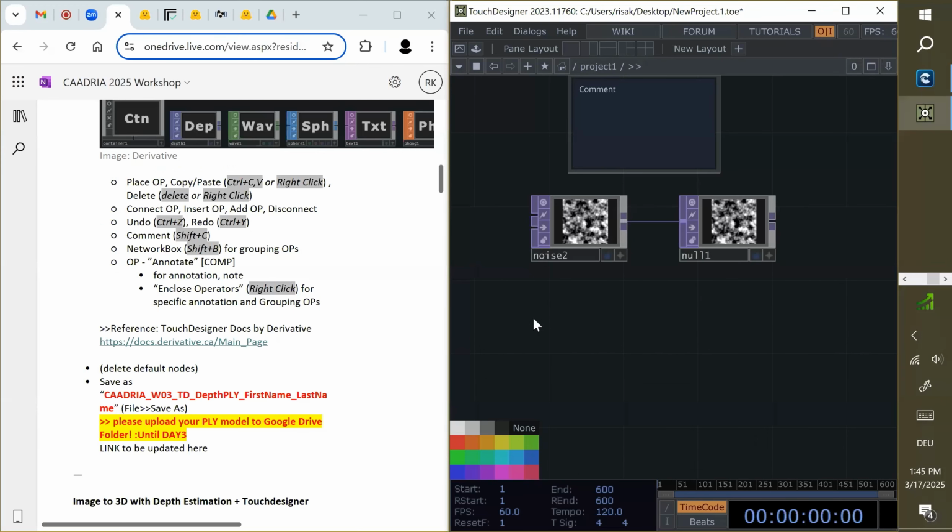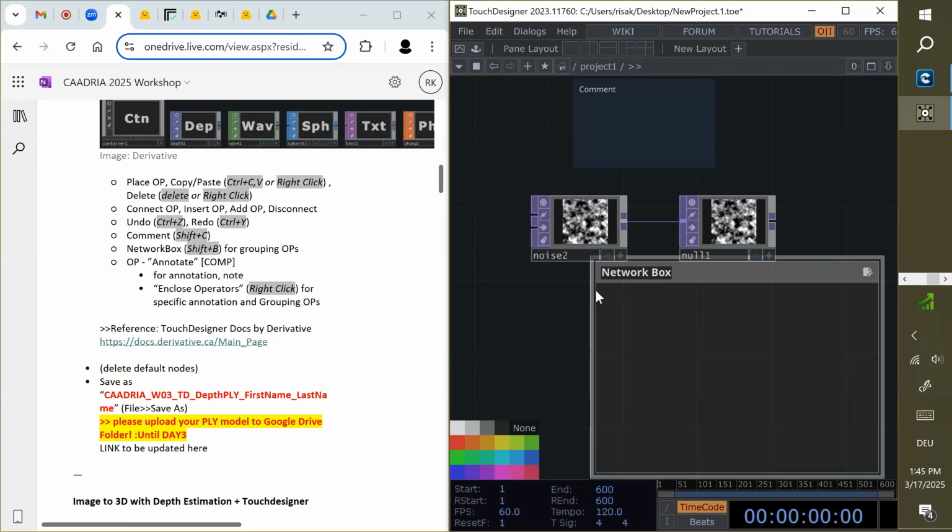And if the code is getting complicated, you just want to group it. In Grasshopper, you might do group, but in Touch Designer, it's kind of similar, but it's called network box. So you type Shift and B, you will get network box.